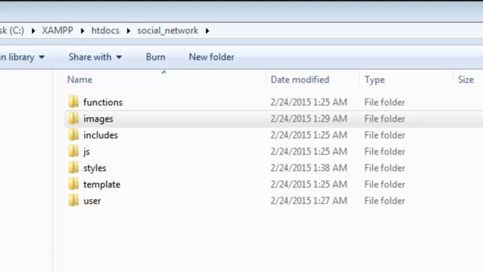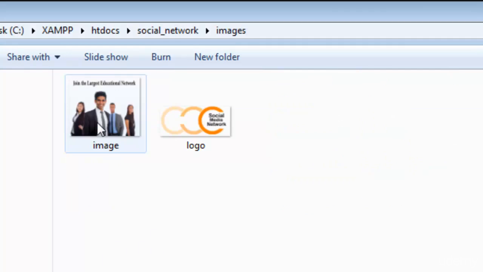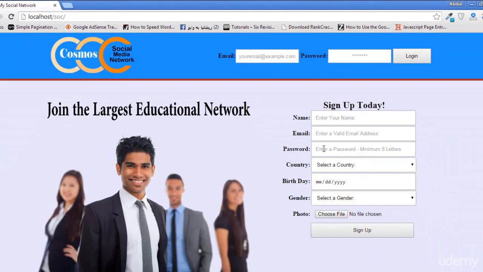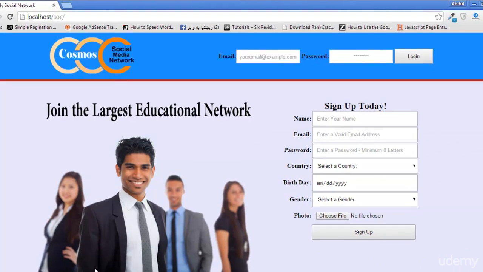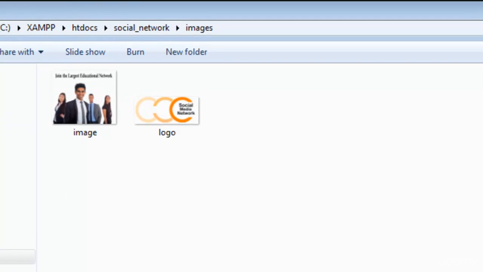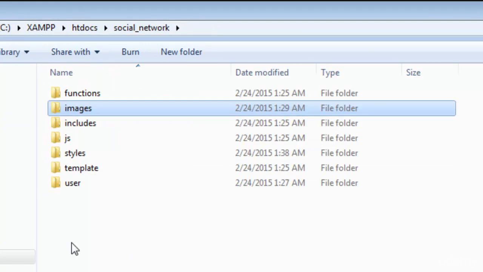Welcome back viewers. In the course, we have created these folders for this project in a previous lecture. So now I have just added two images to the images folder here. If I click, you can see there are two images, logo.png and image.png, which I have used in this layout. You can see this image and this one. So we will use these two images in the layout, and I have done nothing else other than adding these